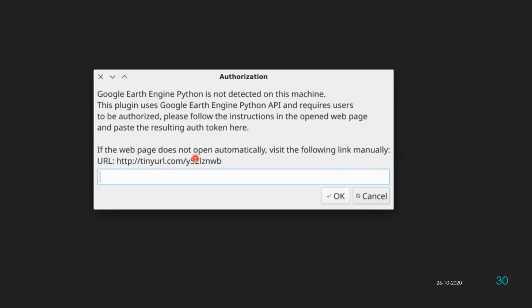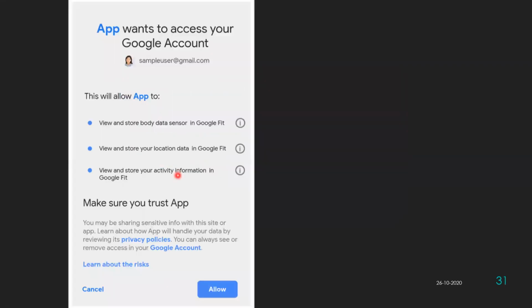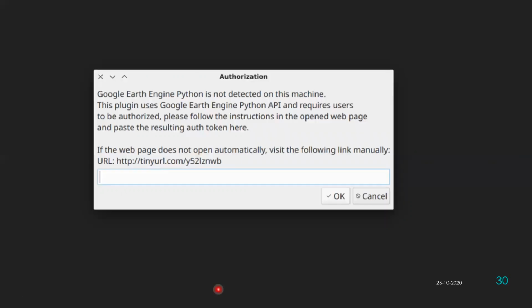Then what comes is this window. So you have to make this allow. After making this allow, you will get a copy link. That copy link should be pasted here. Okay, then click on this OK.